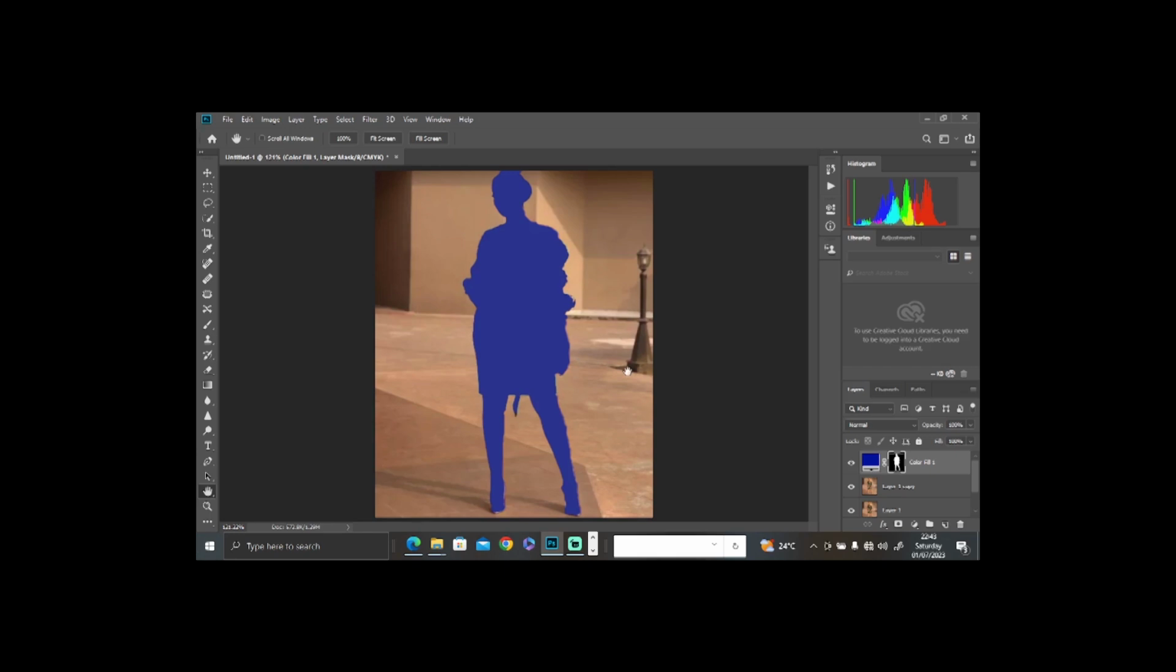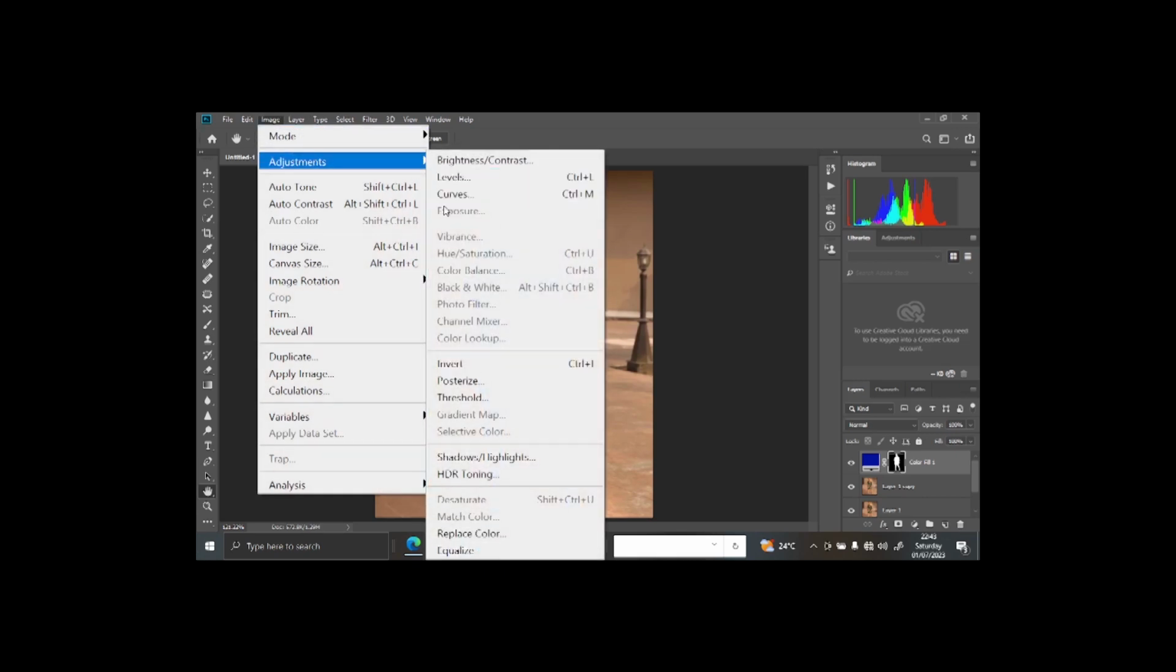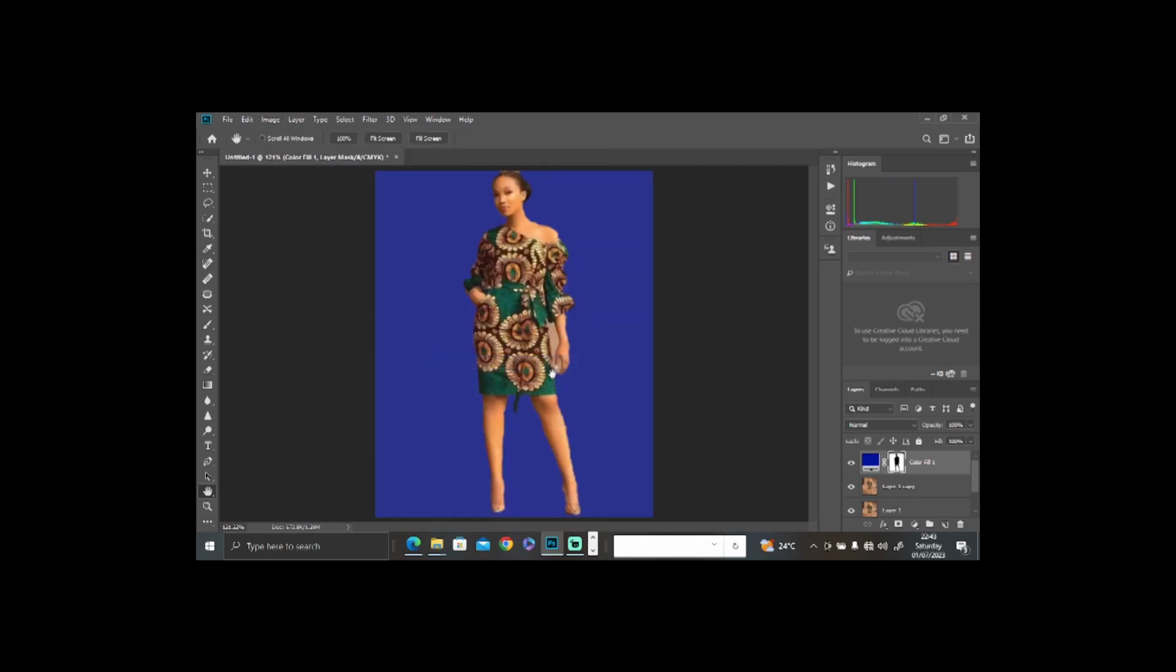So I can press Ctrl I, or even go to image, under the image, and then adjustments, and under adjustments then I come to invert. So when I come to invert, it automatically takes my background color behind. So now here at this point, you see our background is already changed, but now we need to change the